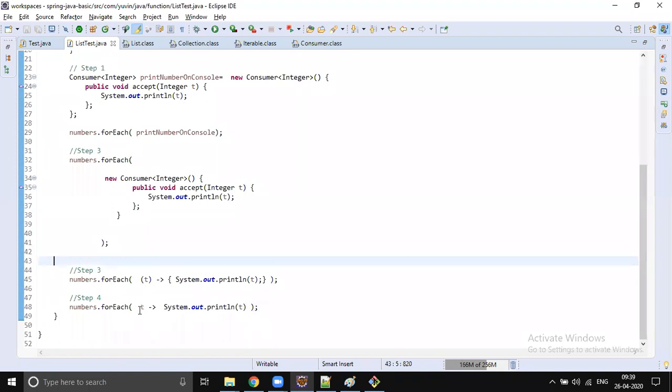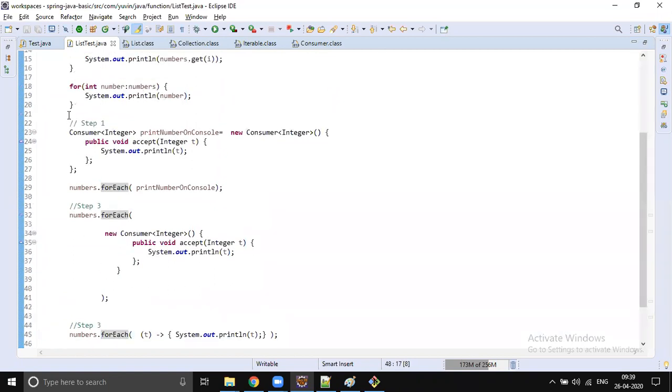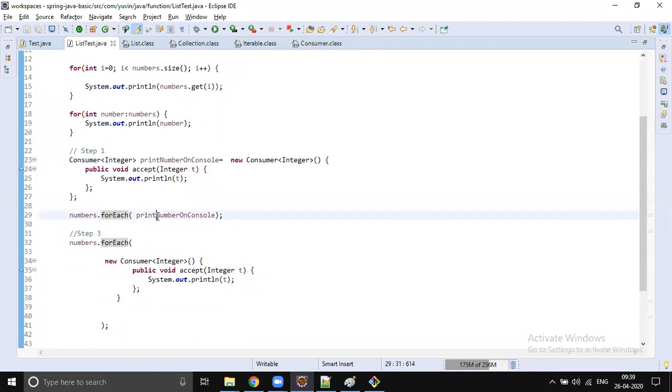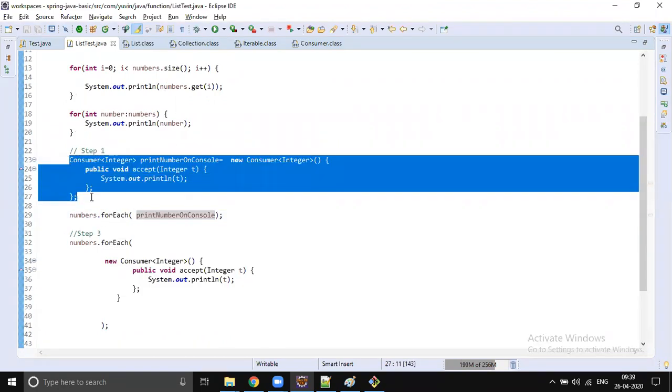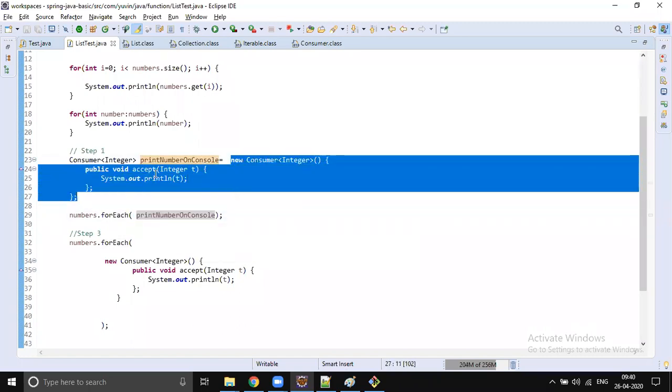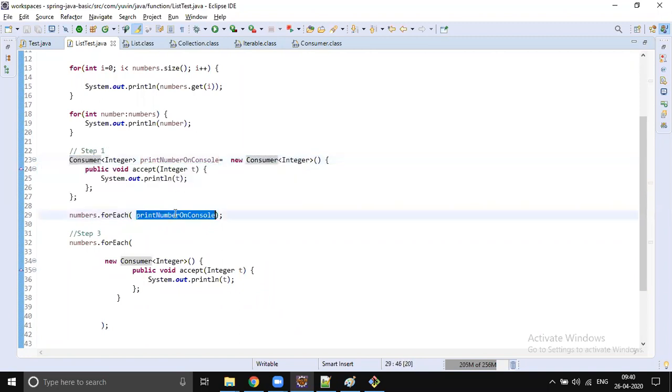We can't directly understand what is this t arrow System.out.println and how the forEach is going to print the data, right? If you can't do that in one go, then do something like this. First write a consumer implementation and pass the consumer implementation to the forEach method, right? So we are simply calling a method and passing one argument. We have been doing this for years, since Java was born. This is nothing new. We are creating an implementation for a consumer and passing that as an argument.